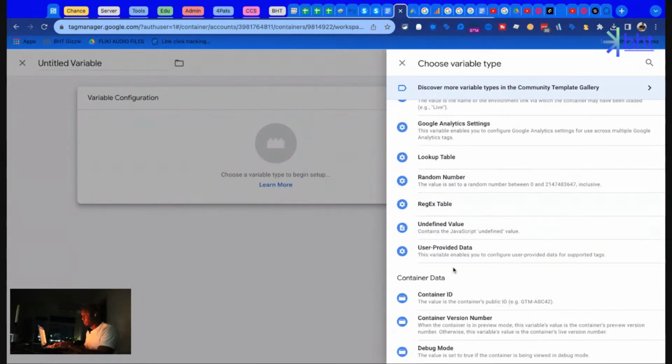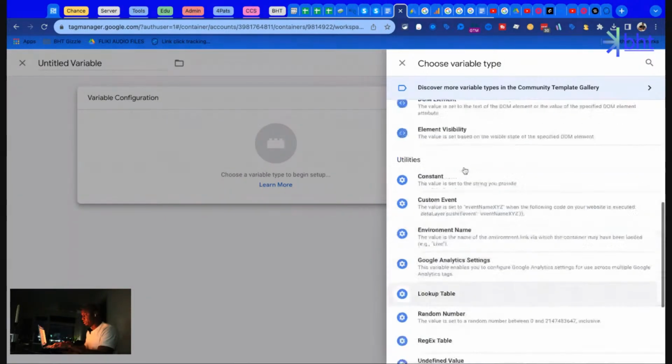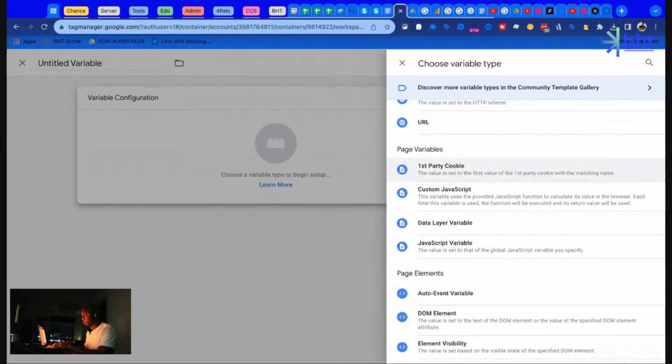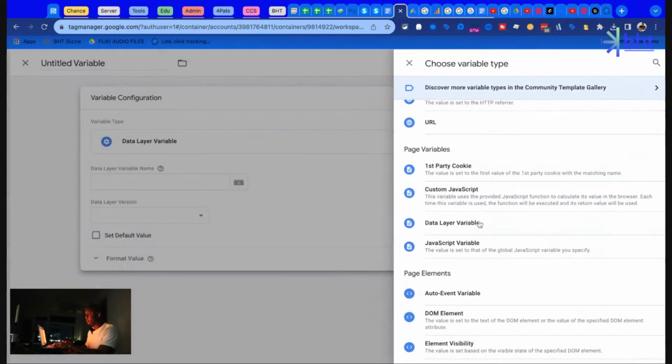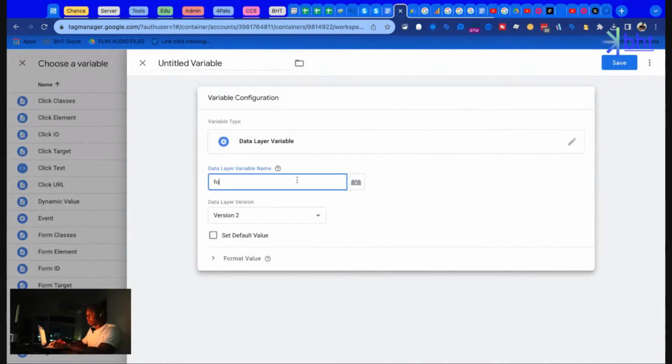You can use a regex table. You can use a lookup table based on what's happening on the page. It's really, really dope. You can do something based on the first party cookie. If you've got that set, it gets strong. So